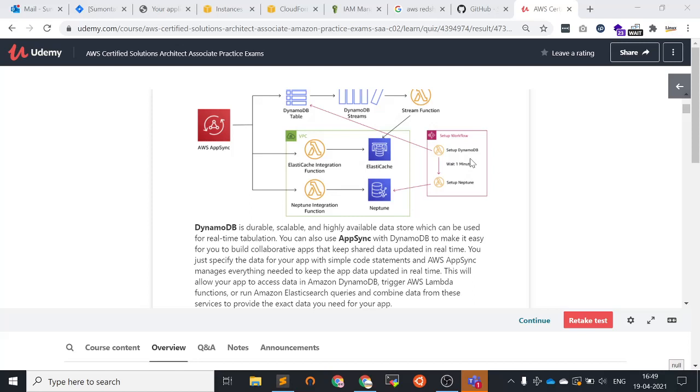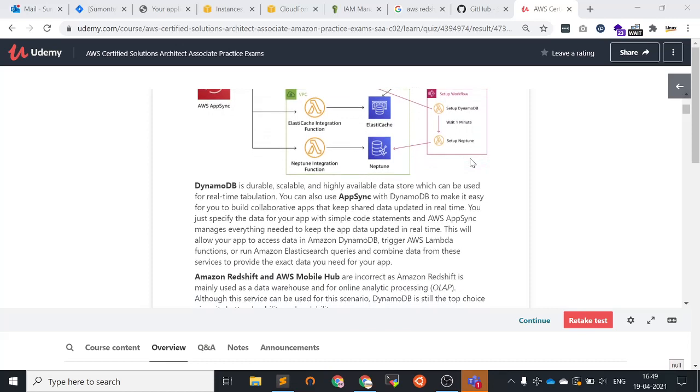You can also use AppSync with DynamoDB to make it easy to build a collaborative app that keeps shared data updated in real time. You just specify the data for your app with a simple code statement, and AWS AppSync manages everything needed to keep the app data updated in real time.